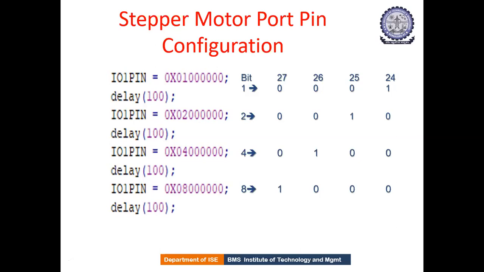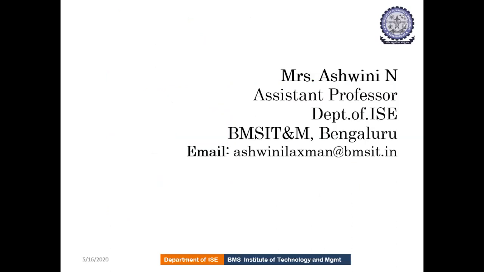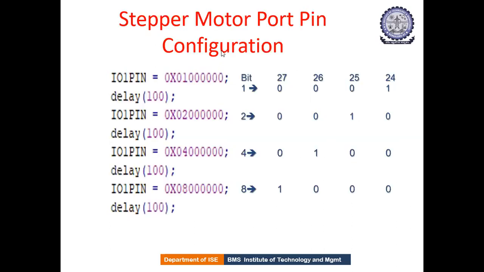That means by the time that IO pin is enabled, the 24th bit output is given across the stepper motor, and you are calling a delay here, right? By the time this has been output and the delay is performed, a discrete time delay happens so that the rotation happens in a discrete form. By the time the second output is given and the delay is obtained, a discrete amount of time is spent. That's why it has this name: the stepper motor performs a discrete rotation when a DC voltage is supplied. Keeping this in mind, we will see how the execution will happen for a stepper motor.